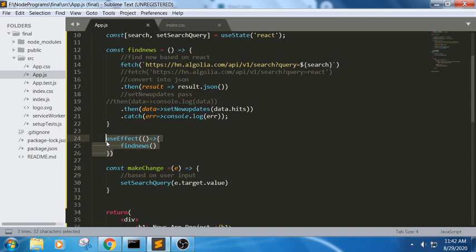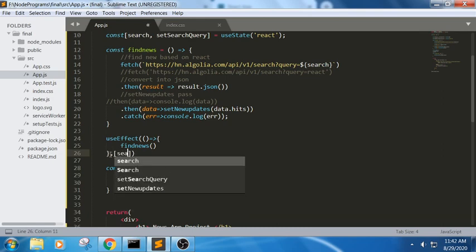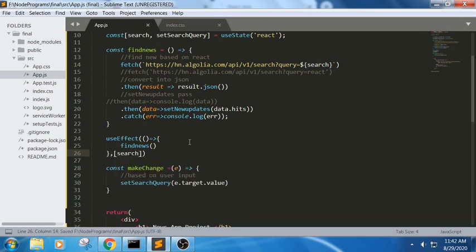In order to prevent this, we will be trying to pass an argument to it. So how do you pass an argument to it? We will make sure it has the values based upon this search.